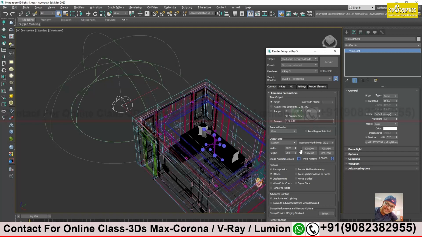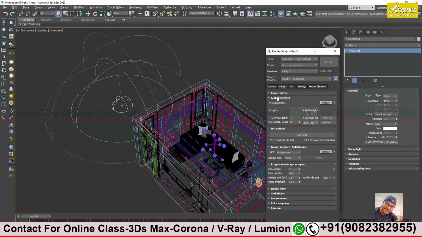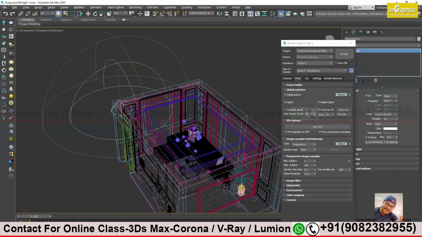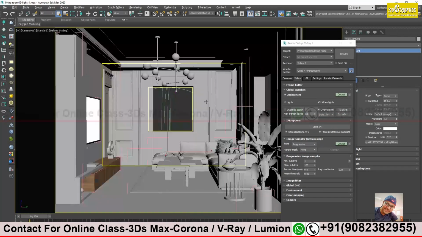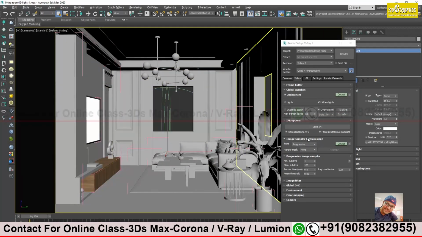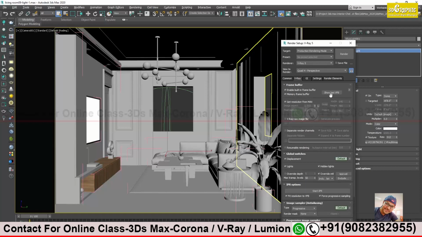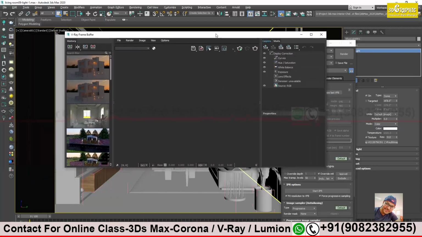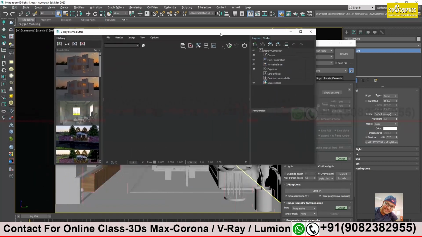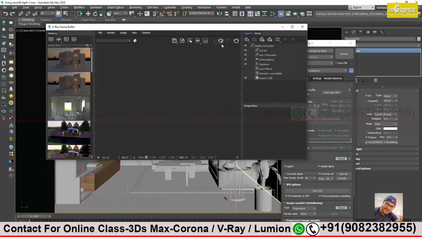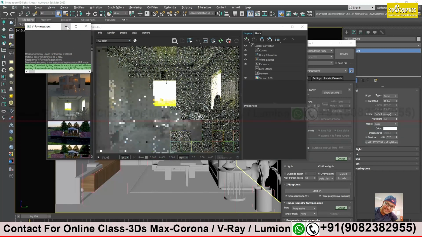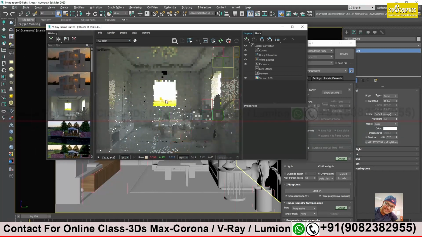Here I will not do much, only the size I will see, and over here I will see the override material is there, test material, that is good. Alright, let's take a test render. I will go to camera, press C. This is my camera view. I will open my frame buffer and take a test render from here. See, I can see my HDRI map is there.